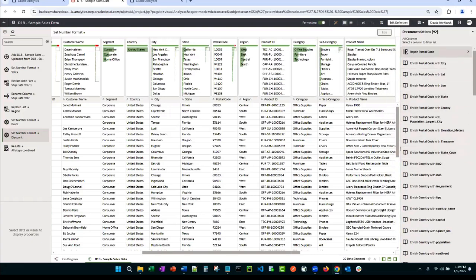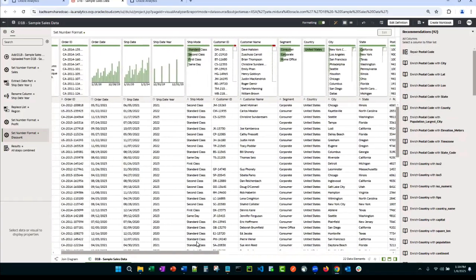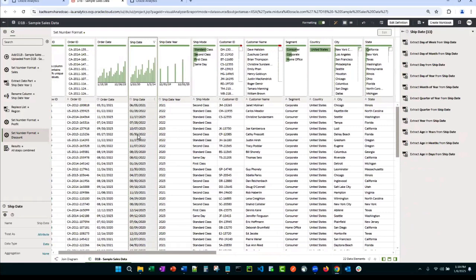It can do other things like repair postal code. So obviously the system's seeing some inconsistency with my postal code, and is asking me to repair. You might see an option to obfuscate if the system sees what it thinks are credit card numbers or social security numbers. And one other thing, if you select a column and you want to find the recommendations just for that column, they're all filtered right there.